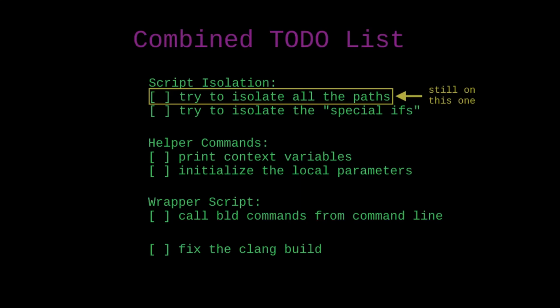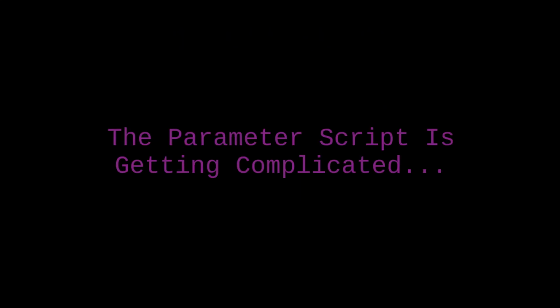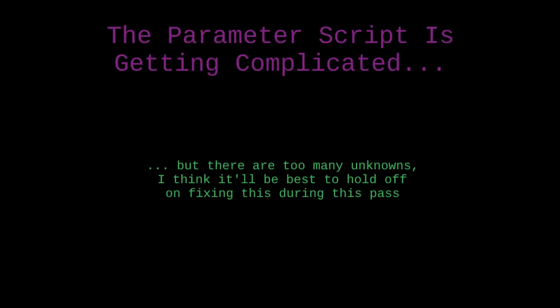Okay, that's working. The parameter script is starting to get a bit more complicated than I might have liked, and it seems like there might be some reason why it won't work in the future, given the complexity that actually showed up in that script. But the problem is I don't really know any way to break down what exactly is going to go wrong in my head. I can't predict what's going to go wrong, so I can't do something to deal with it. We're just going to have to see what breaks down, what's too brittle,